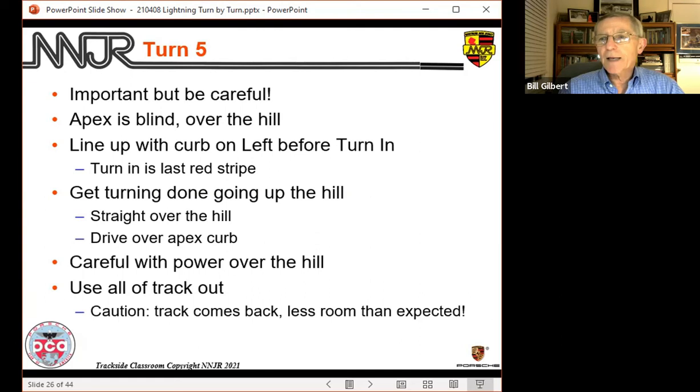So, and in this case, the apex is blind over the hill. So we want to get, just like in turn 1, the turning done going up the hill, and be careful with the power until we get to the hill. And in this case, this is more an issue for students, but we want to use all the track here